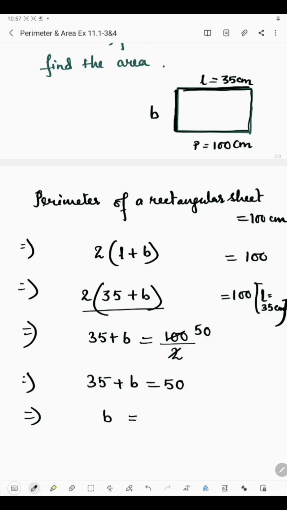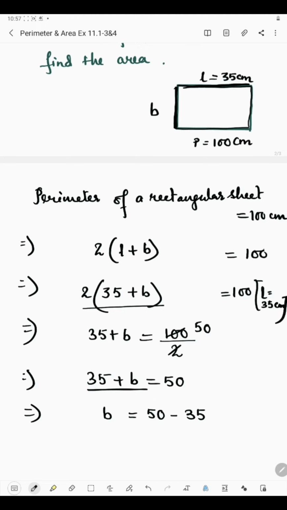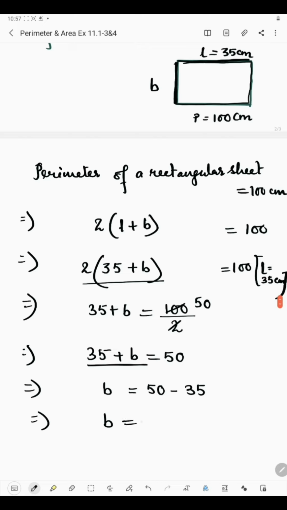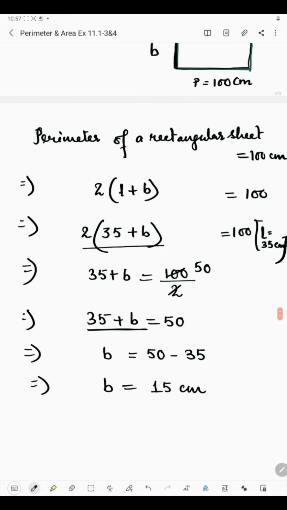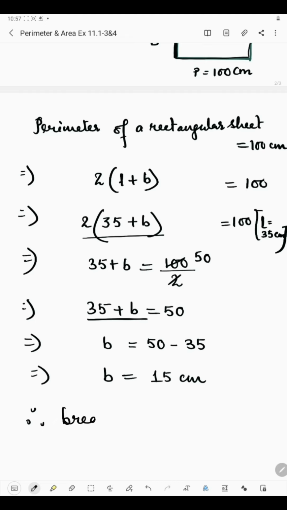Since we are finding the value of b, b should be alone and 35 should be transposed to right hand side. Now it is given in addition form. So after going to that side, it will be minus. So 50 is there on the right hand side. So 50 minus 35. 35 is going to another side. So plus 35 will be minus 35. So b will be 10 minus 5 is 5. So 5 will be 4. 4 minus 3 is 1. So it's 15 centimeter. So the breadth of a rectangular sheet is